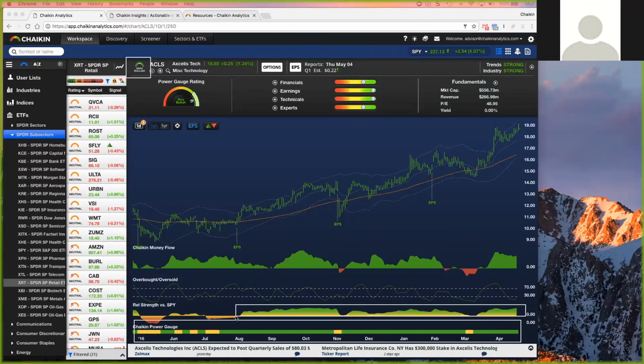Relative strength has been excellent, remains excellent. Its money flow, after bottoming out a little bit, really improved. So it's in great shape here. You are well above your long-term trend, you're in your upper channel. So there's plenty of good things working for you in ACLS. And from a short-term perspective, you're in a nice oversold position. So not a whole lot to be too concerned with here. In fact, pretty good opportunity.